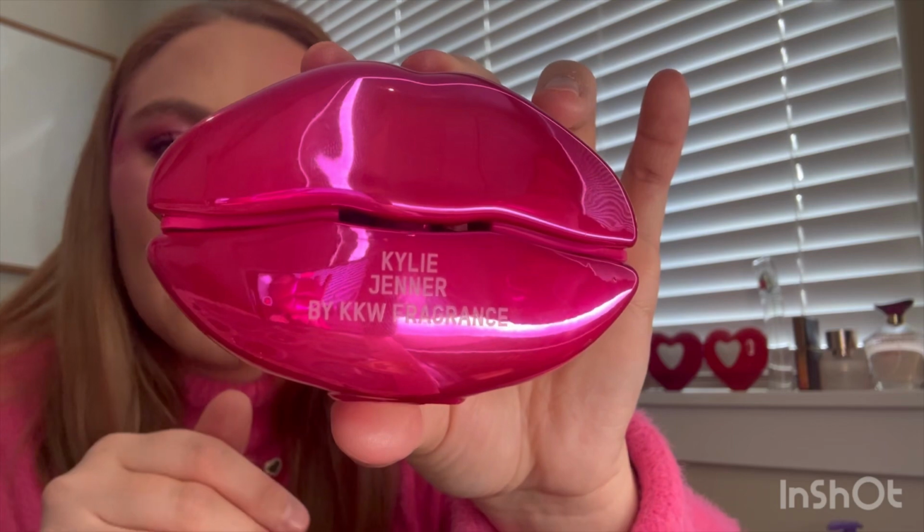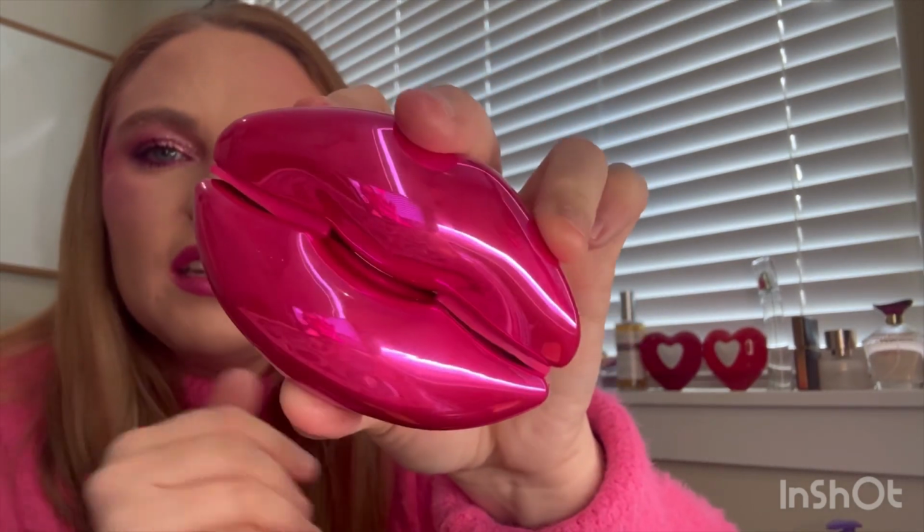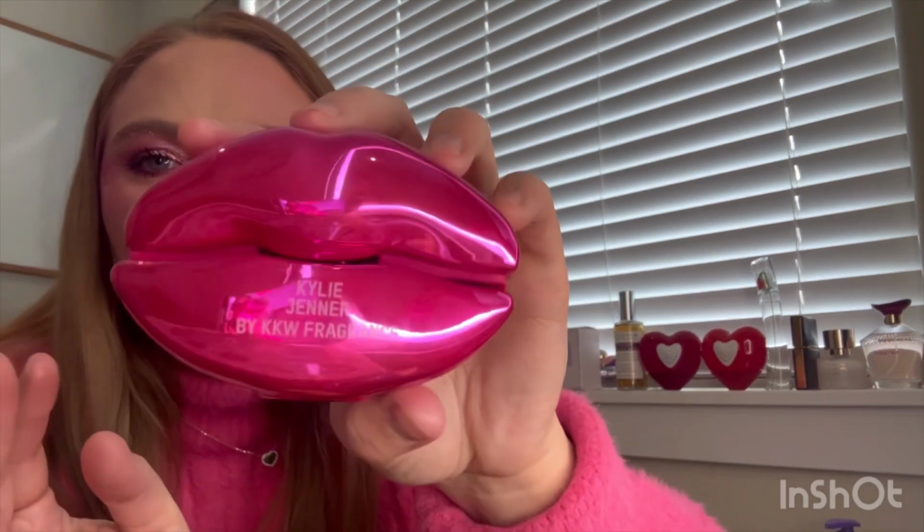Now, this one does have rose in it, but it reminds me more of a summer scent, as in it's more tropical florals or something. But the bottle, it's all hot pink, it's lips, it reminds me of Valentine's Day. I just think it's really pretty. There's maybe some fruitiness to it, but overall it's mostly floral, but it does have just a summeriness to it, but that's what I think about when I see this